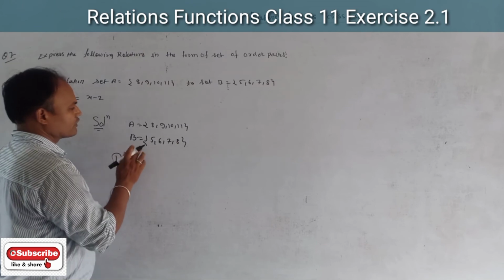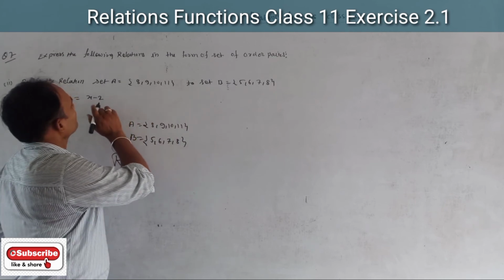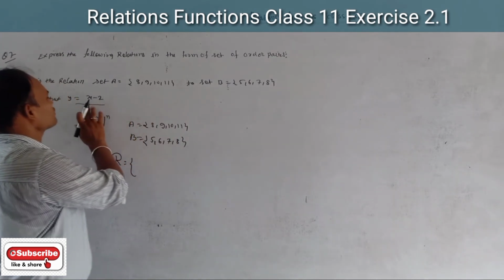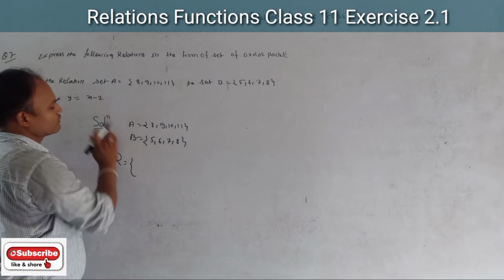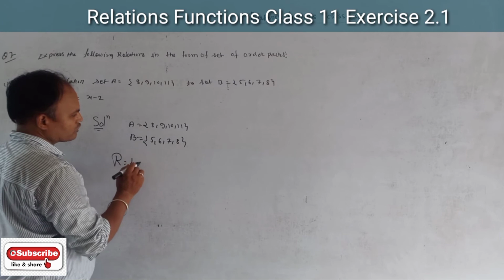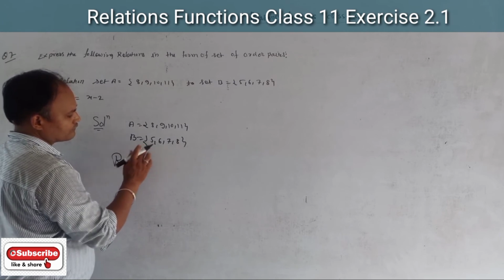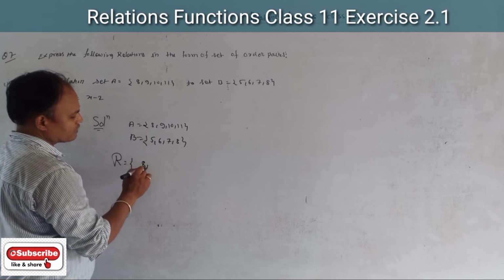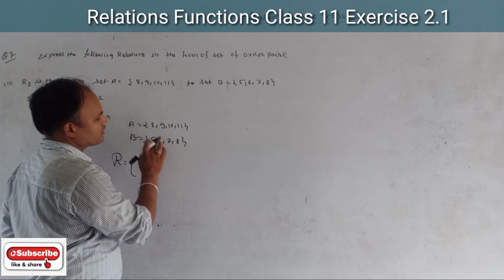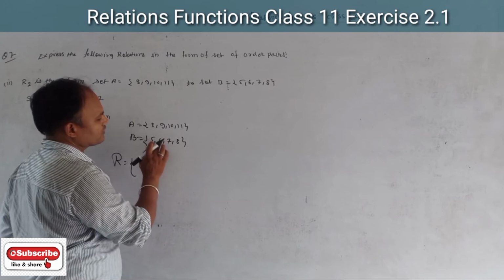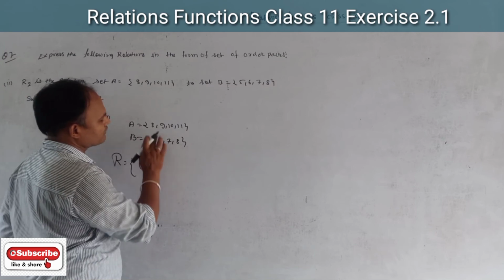So what about the 8 in fact? What about the y? y is x minus 2, which means y is less than x by 2. So (8, 5): is 5 less than 8 by 2? No. (8, 6) we can write, because 6 is less than 8 by 2. (8, 7) not possible. (8, 8) not possible.